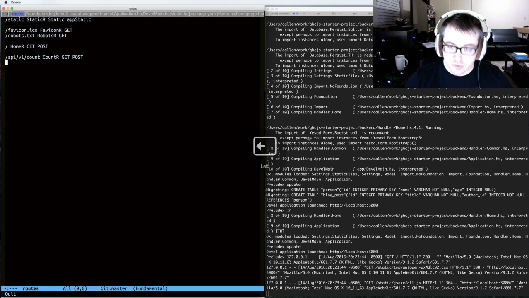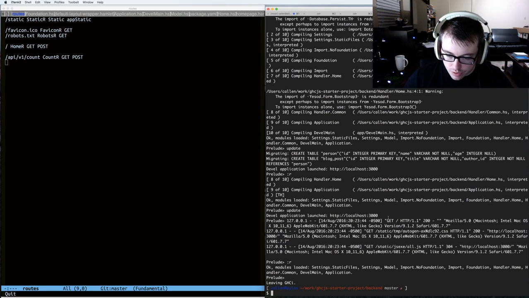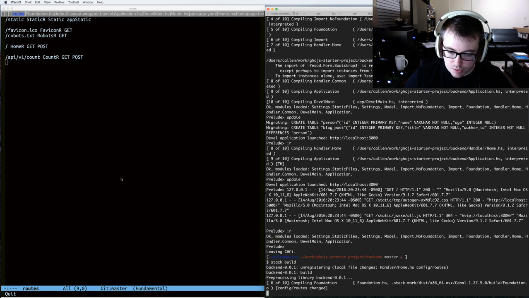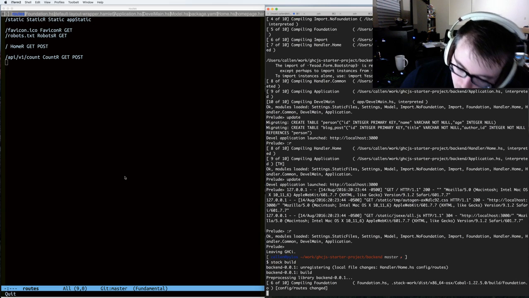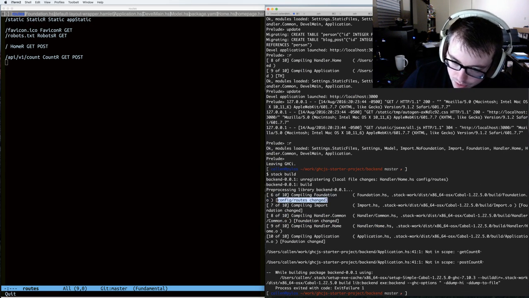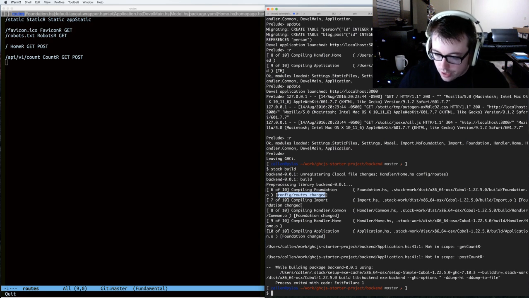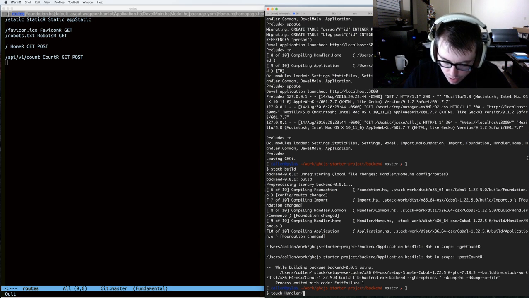Okay, so first things first, I've added that route. And once again, stack REPL is not seeing changes. That's fine, I'll just run stack build. Yeah, it's recompiling Foundation because you can see the reason, it tells you right there: because config routes changed. And it's complaining because getCountR and postCountR are not in scope. Well, we know that. We haven't written them yet, right? So touch handler,